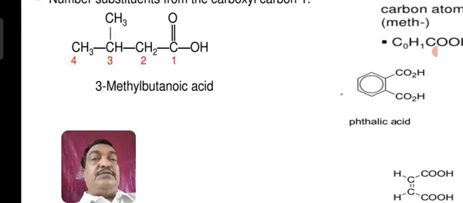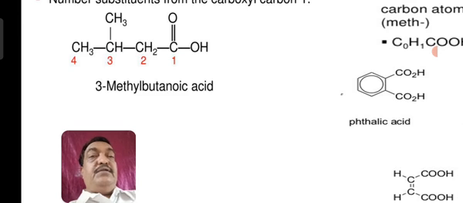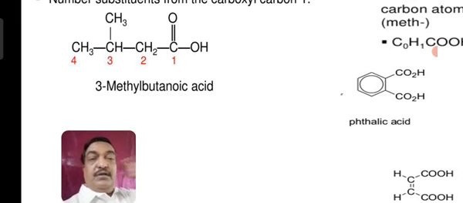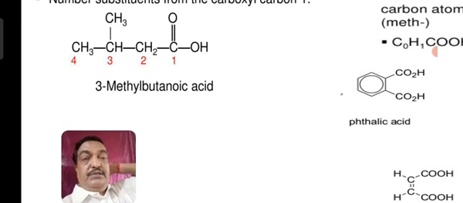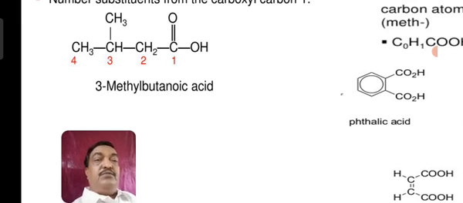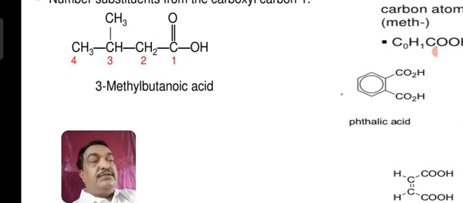I don't want to discuss much more about the rest of the examples. Here you can see I have quoted a long chain carbon. Carboxylic acid is there, COOH on the first carbon, the second carbon contains CH2, the third contains CH3, so on carbon atom number 3 there is a methyl group. So it is called 3-methyl butanoic acid. All these things you have learnt in your PUC, just remind yourself of the rules of naming for these compounds.